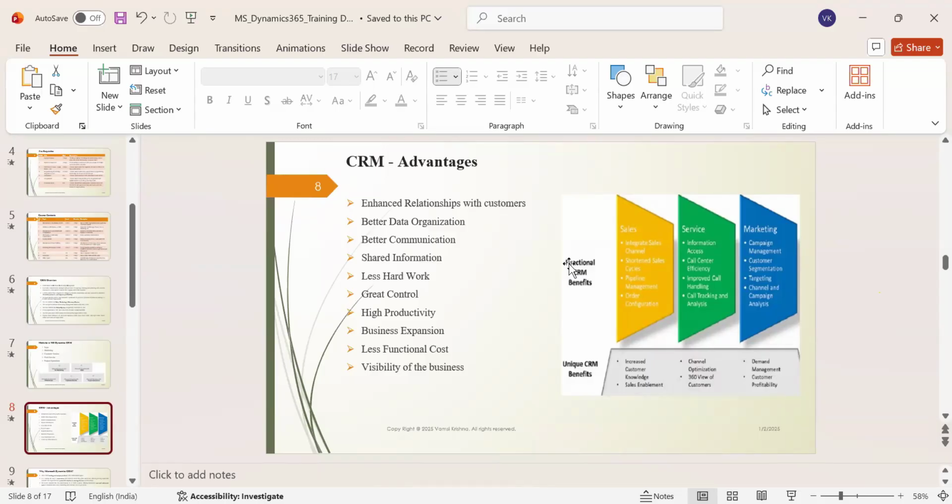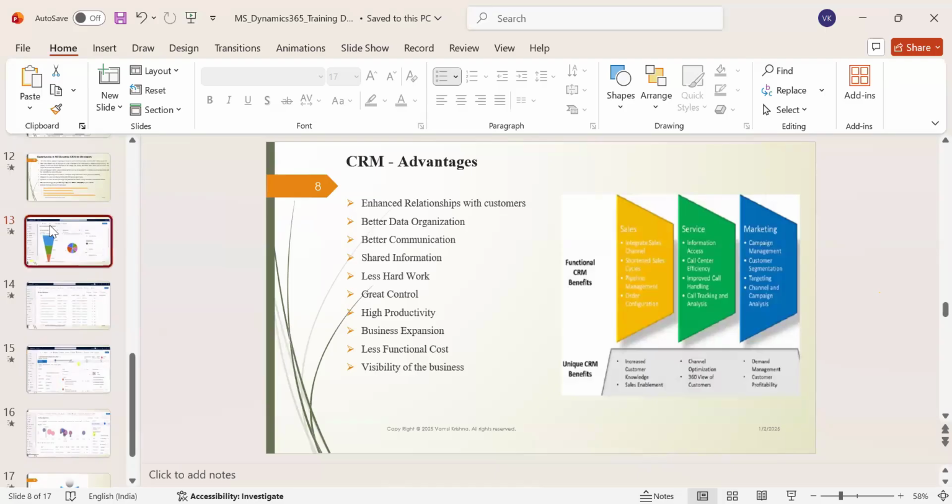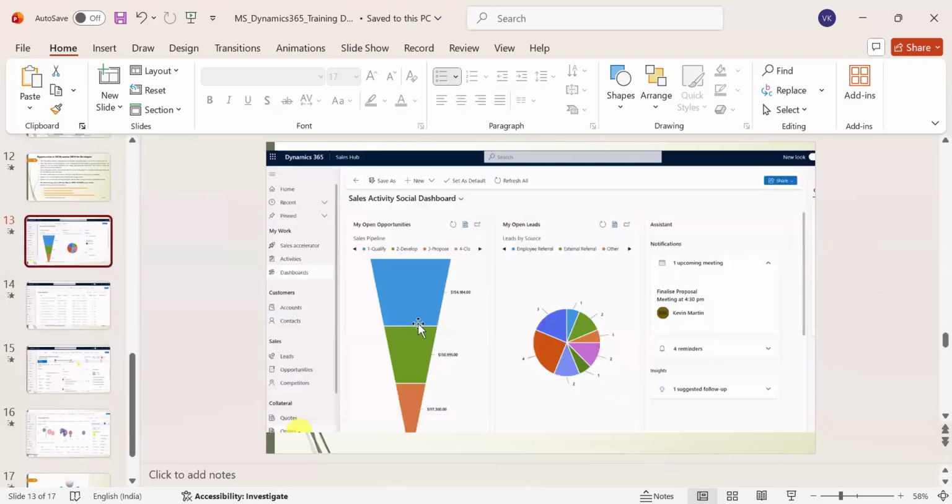So based upon that data, you can also build a lot of visualizations, so that high-level management can make good decisions. These are the advantages of CRM. Suppose I want to show you, see here, there are a lot of visualizations that can be built from the data, like how many sales are happening in a month, which product is selling more and which product is selling less. So accordingly, the management can take decisions based upon this graphical